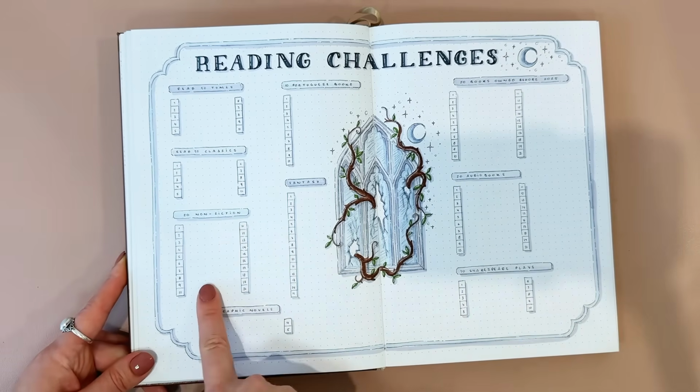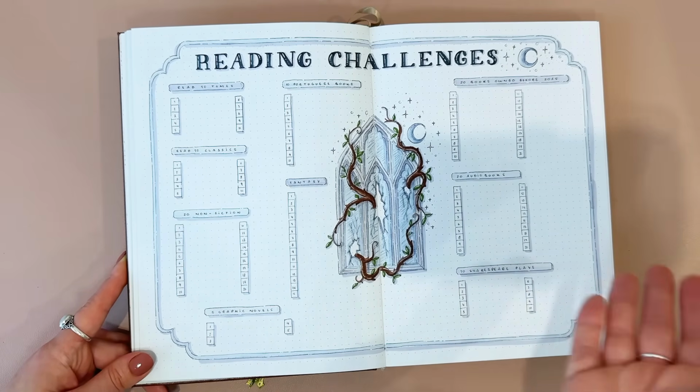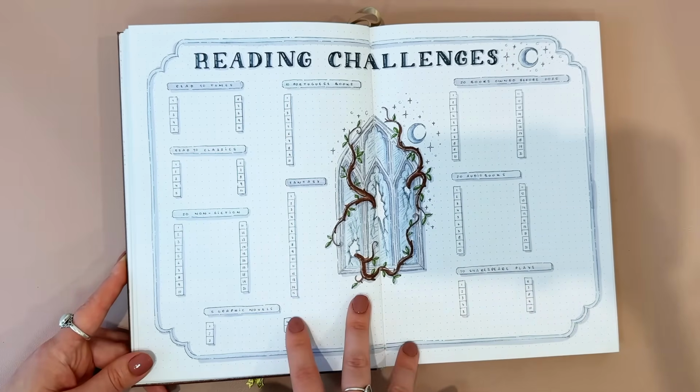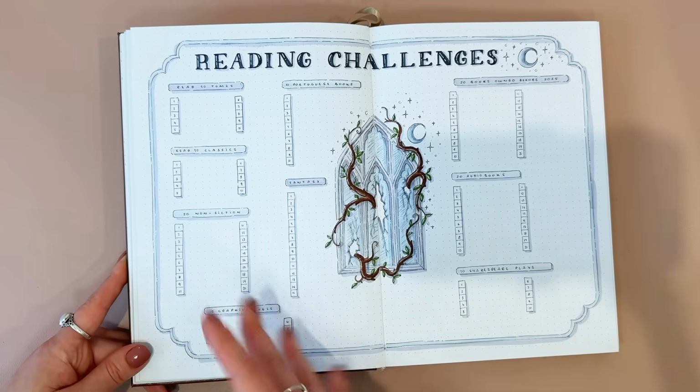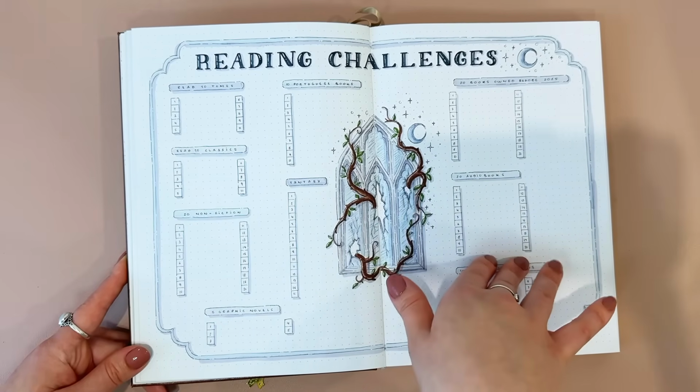I want to read a little bit more nonfiction, so I have a goal for 20 for that. I would like to experience a little bit more with audiobooks, so I have 20 for that, because I also found that I like audiobooks last year. I have 20 books that I own before 2025 because I have way too many books in my shelf that